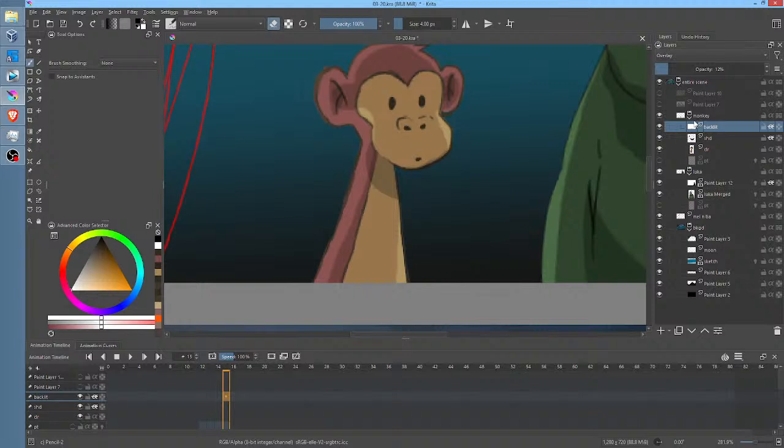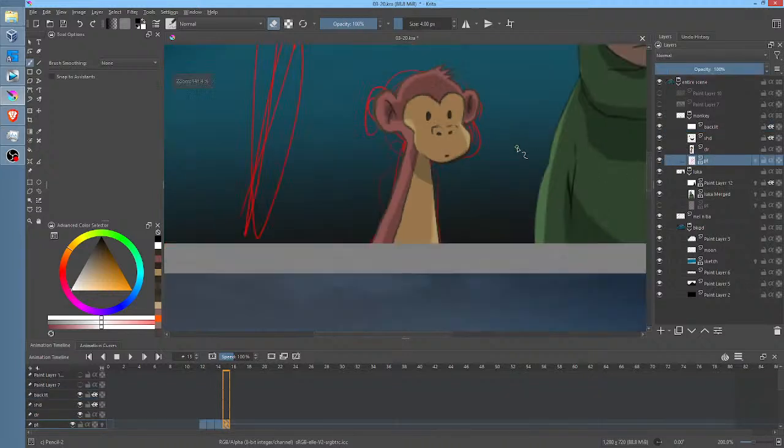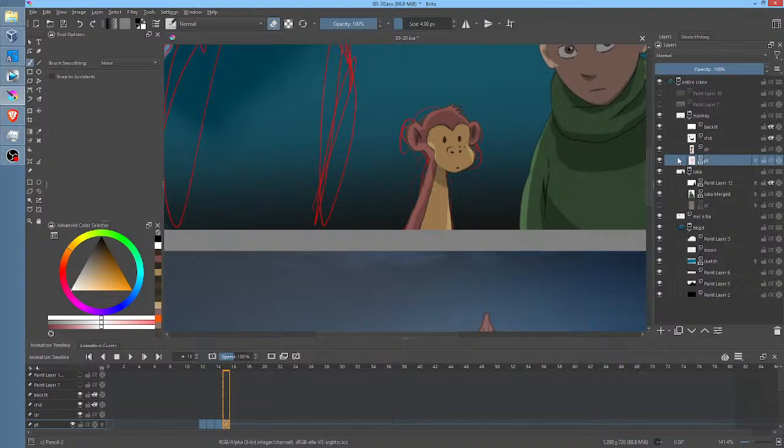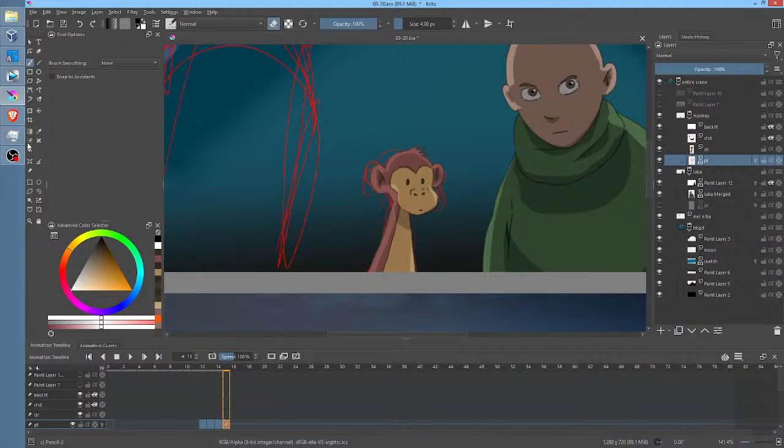But there is one caveat. If we want to use the, well, liquefy, but the actual name of the tool is the transform tool, Control T, which for me is actually the A key.